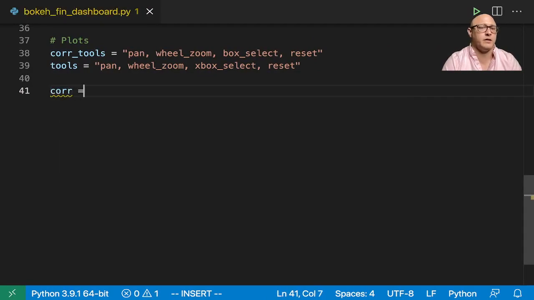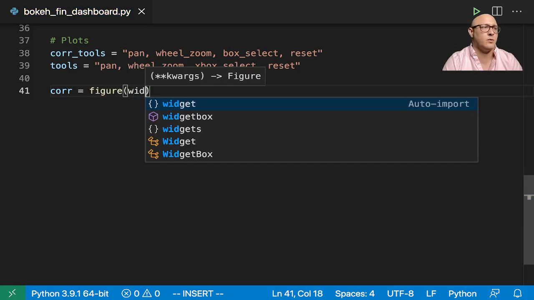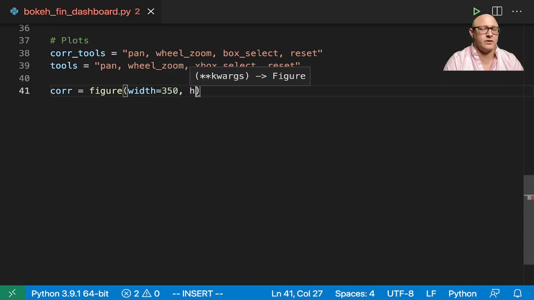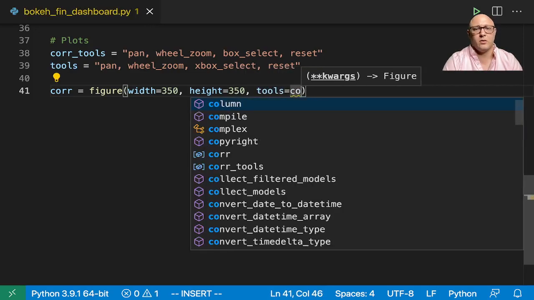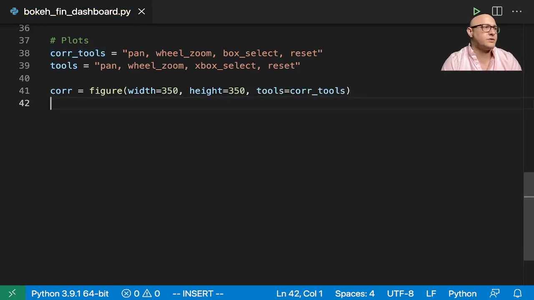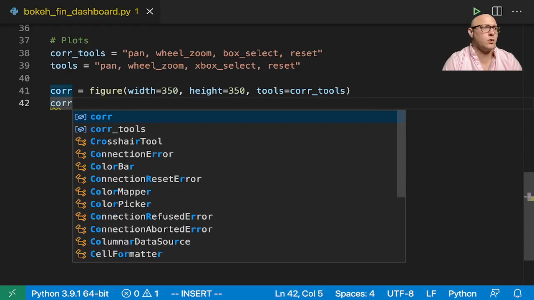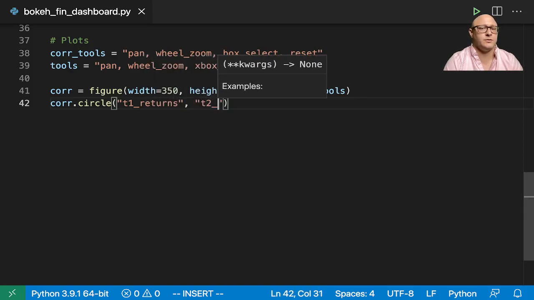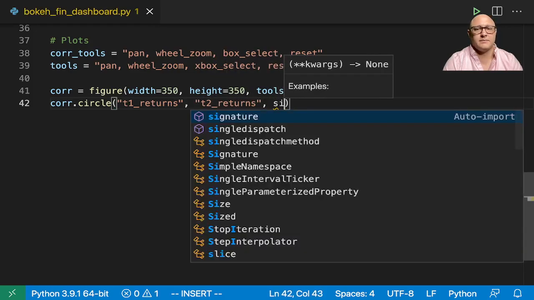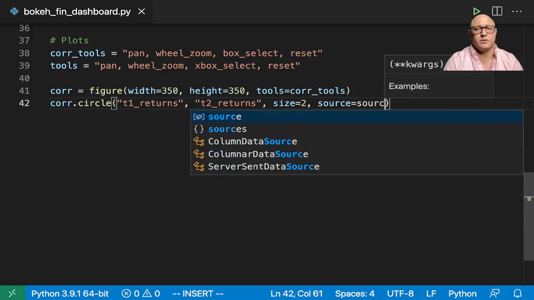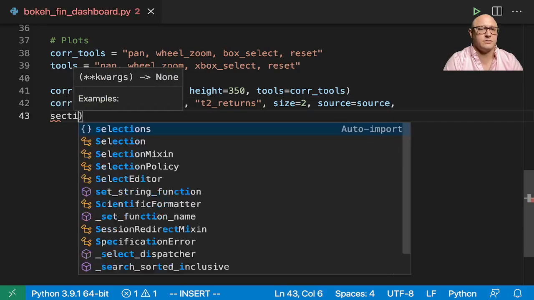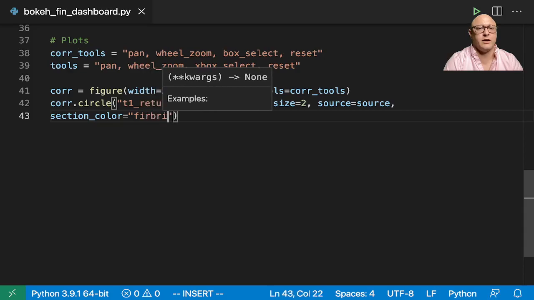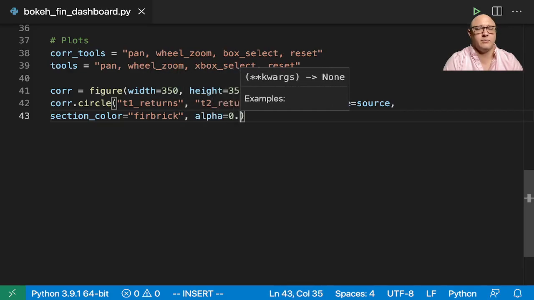So our first plot is going to be the correlation. So we'll do figure in here, and we'll do a width equal to, let's say, 350. So then our height is going to be 350. Our tools here is going to be our core tools. Then we'll do something like core.circle, and then here we'll do T1 returns, T2 returns, size here is going to be 2, source is equal to source, and then let's have a selection color in here, and I'm going to choose firebrick, and then our alpha in here is going to be 0.6,